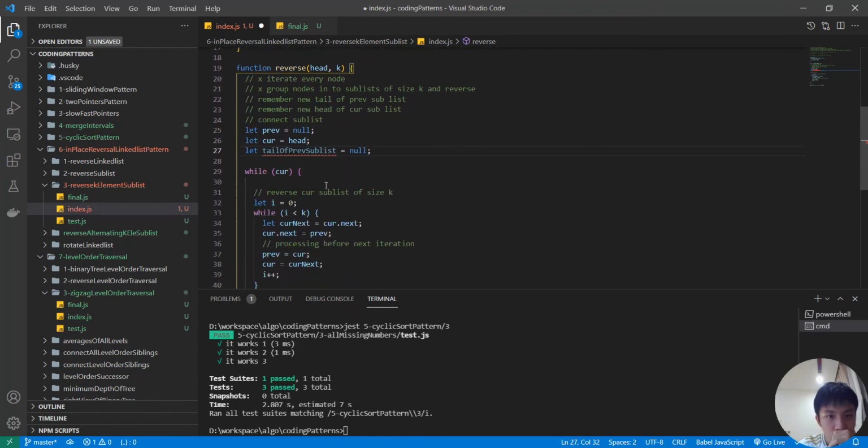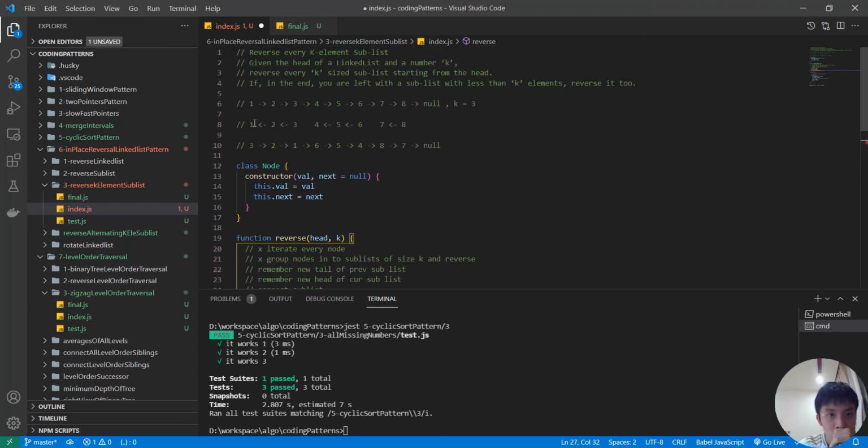Okay, so where we can reassign this one. So as you can see, the new tail of the previous sublist is actually